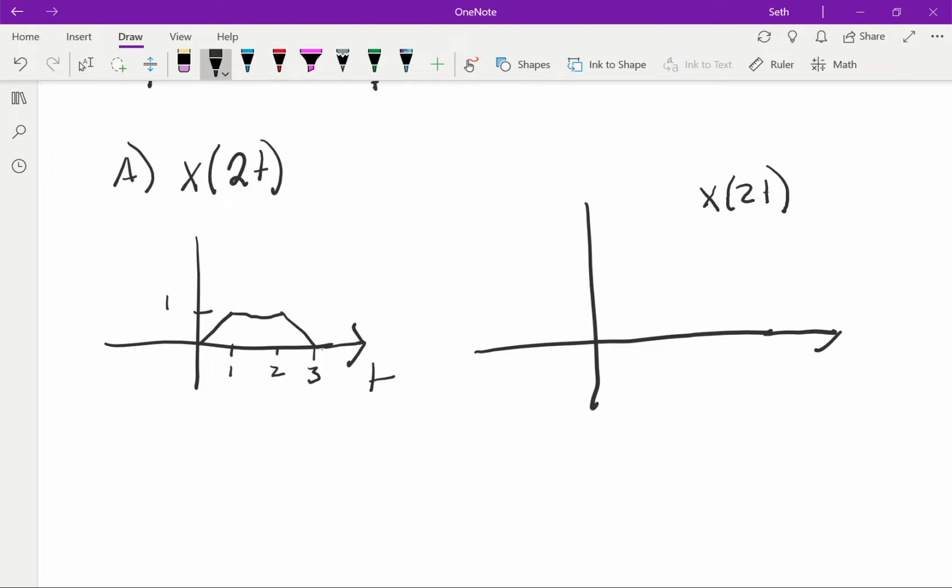So the easiest way to do this is to look at the changing points in x of t and find the points in the transformation space that correspond to there. So 3 halves is going to start the graph because x of 2 times 3 halves equals x of 3